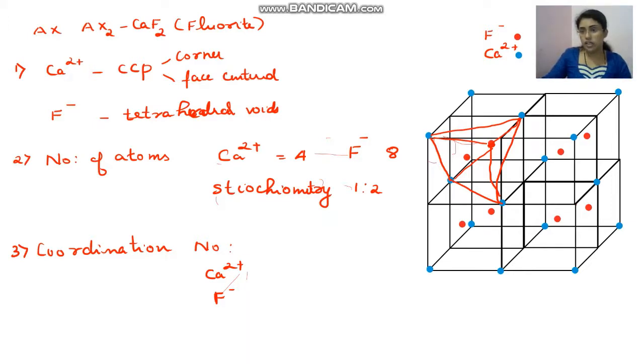The blue color ones. If you look at this blue color one here that I have, it is surrounded by this atom, then this one atom here, this one fluorine atom, and similarly the other unit cell would also have atoms like this. So from there also it would be surrounded. All together we would have 8 as the coordination number for Ca2 plus. The calcium ions would be surrounded by 8 fluoride ions. But my fluoride ions would be surrounded by 4 Ca2 plus ions. So 8 would be the coordination number for Ca2 plus and 4 would be the coordination number for F minus.